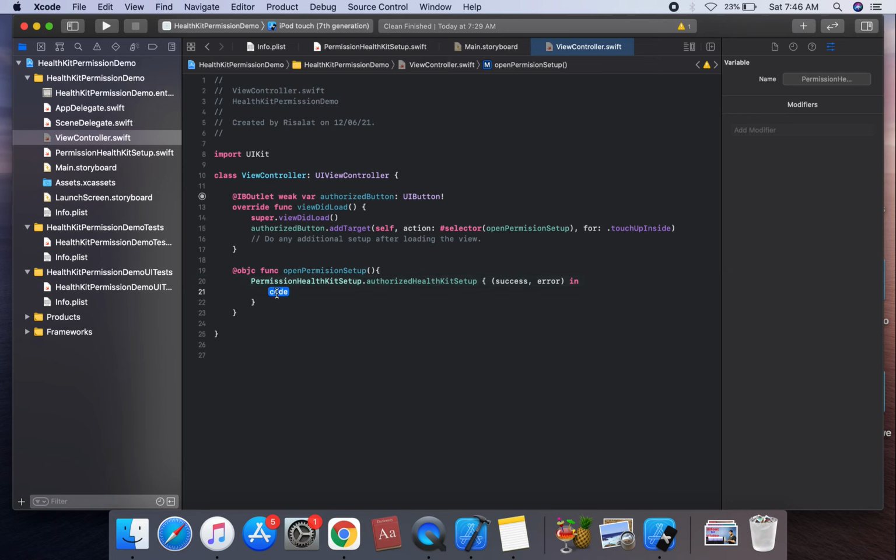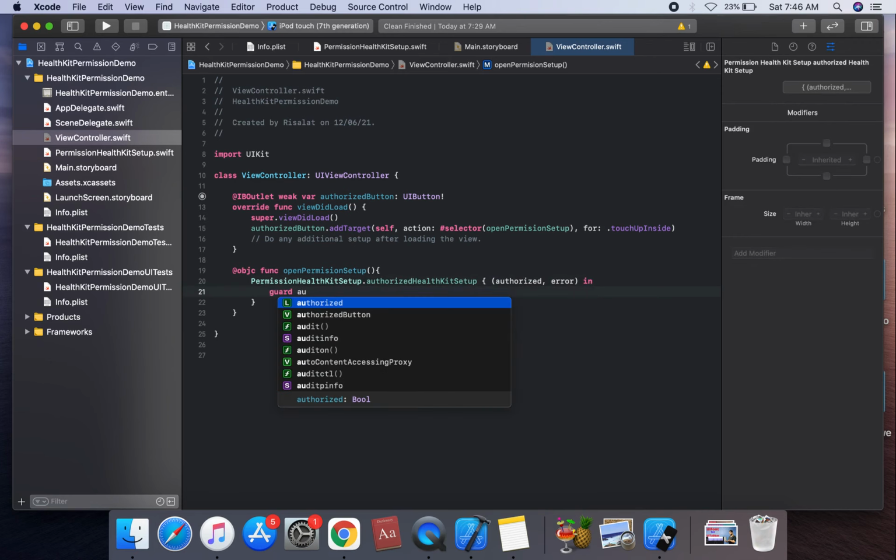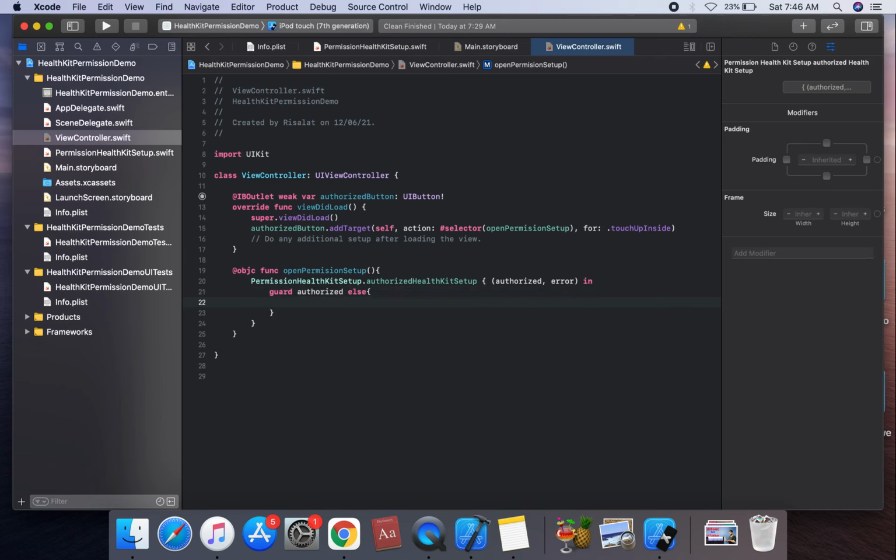So firstly we're gonna use a guard statement. Guard, we can use authorized, otherwise else. Authorized, yes, authorized is complete.